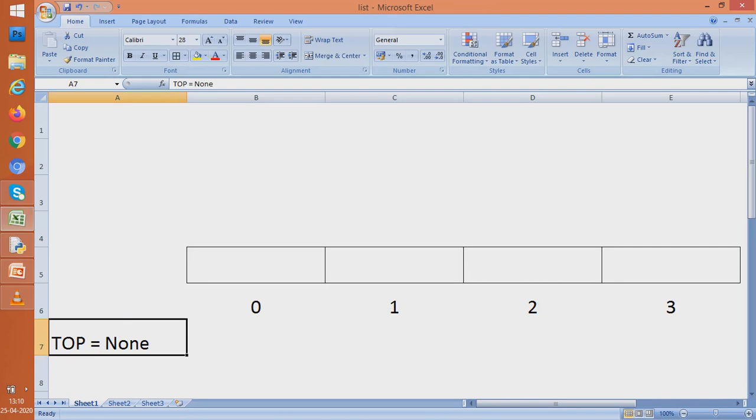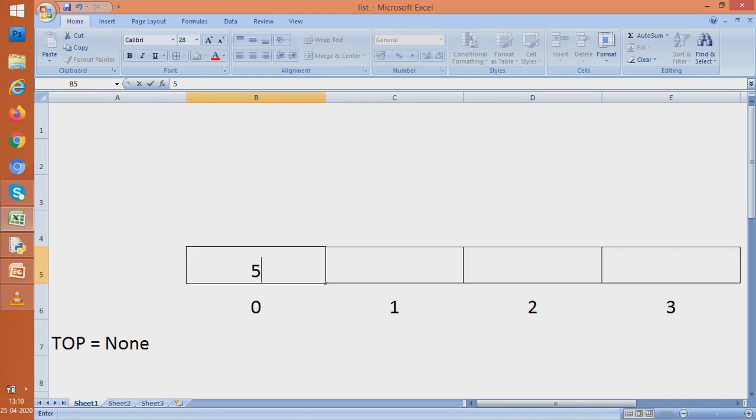But suppose I want to put a value 5 in the list. As you know that if it is to be maintained as a stack, 5 has to be put at this 0th position. You have already seen that. So let us put 5 here. As I put 5 here, my duty would be to now change none and make it 0. Why I should make it 0? I should make it 0 because now the topmost box which has a value in the list is at subscript number 0. So top should now point to 0.